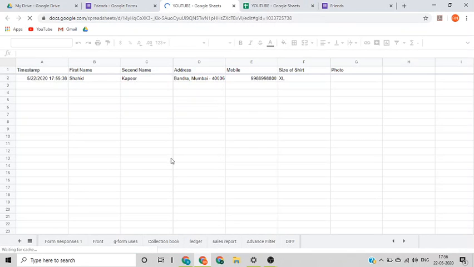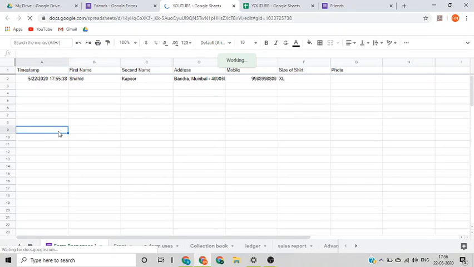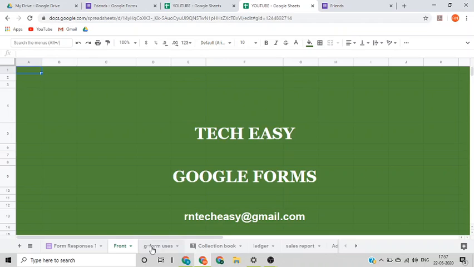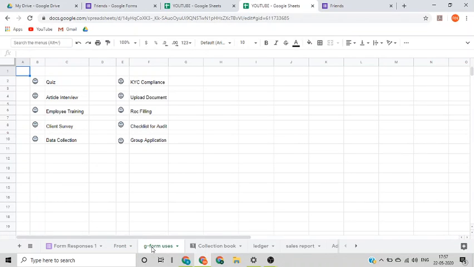Now as you can see, the response that we have received from Shahid Kapoor has been automatically saved in this Google worksheet that we have linked it with. These are the various options available for various responses. You can choose appropriate options. These are the various areas where we have identified where we can use Google Form in our day-to-day life. You can use it